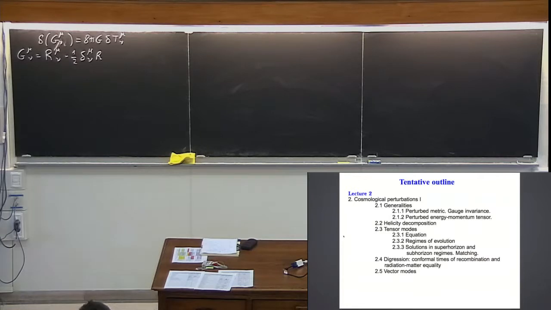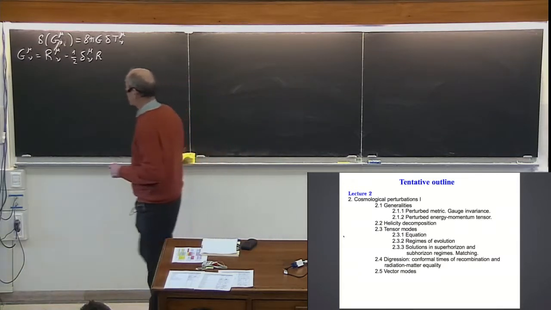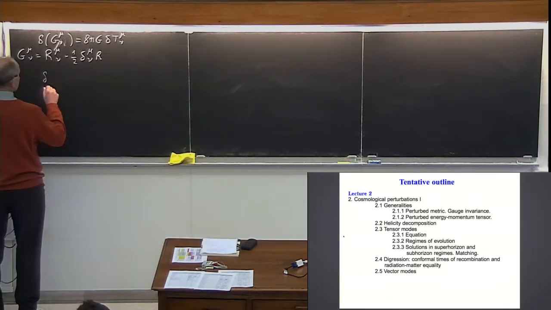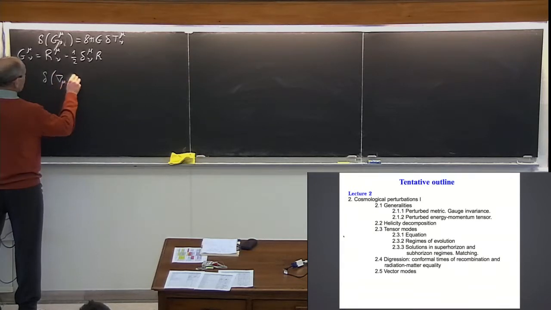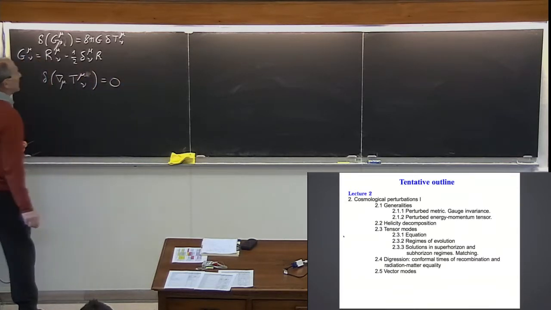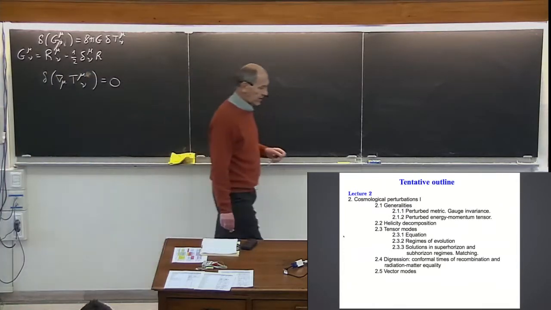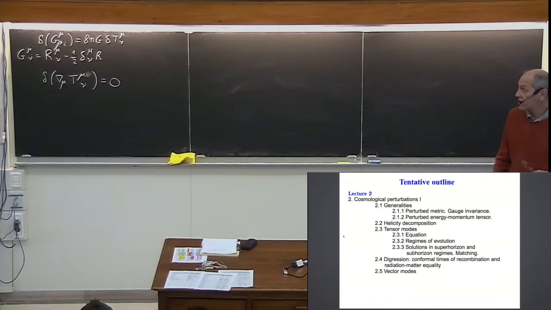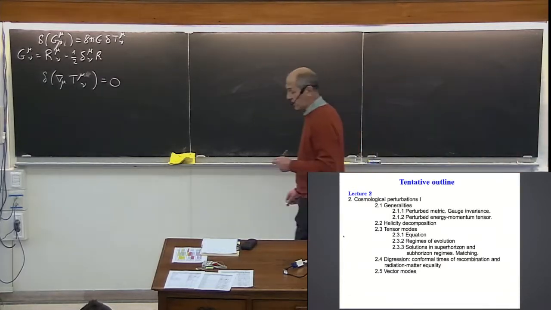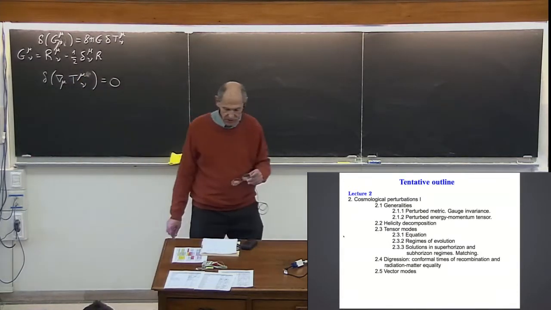And also, if you would like to follow the evolution of matter perturbations, then of course you have the linearized conservation law, covariant conservation of energy and momentum. Okay, so what one should do is to write down explicitly what all this means, where delta means the linear-in-perturbation part of the corresponding quantity, and solve these equations, and figure out how the solutions to these equations behave.